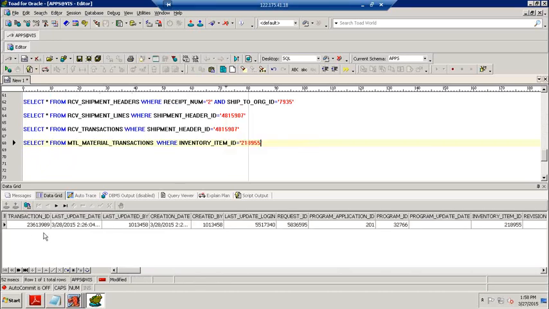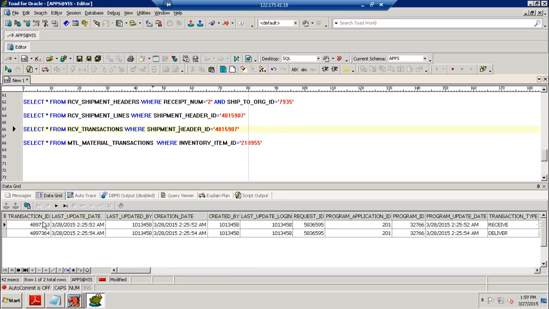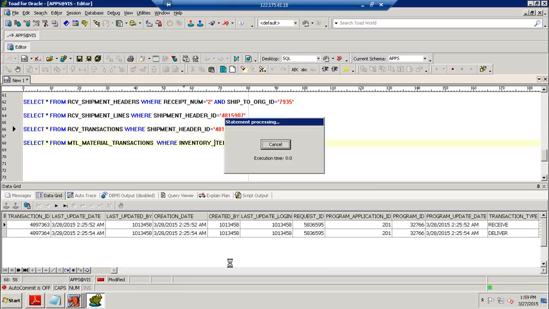Now it clearly shows. So observe this one: 23613,989. This transaction and that transaction are not equal. Okay, please keep that in mind. That is the reason I want to show this one.